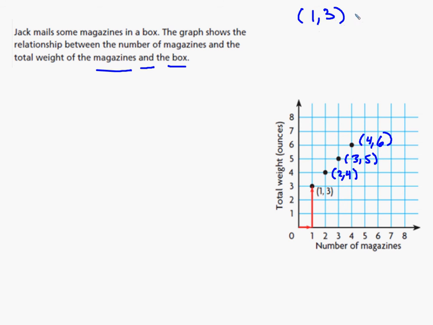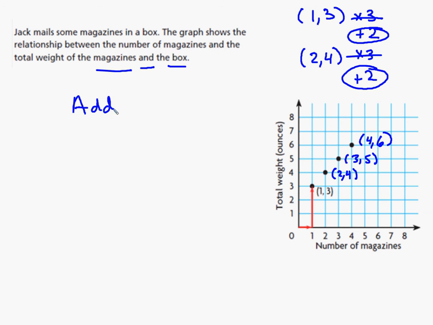Now if I multiply 1 times 3, I will get 3. If I take 1 and I add 2, I will also get 3. So my pattern is either times 3 or plus 2. So let's look at my next one. So if I multiply 2 times 3, I get 6. That's not 4. I'm looking for 4. If I add 2 plus 2, I get 4. So plus 2 must be my pattern. So my pattern is additive